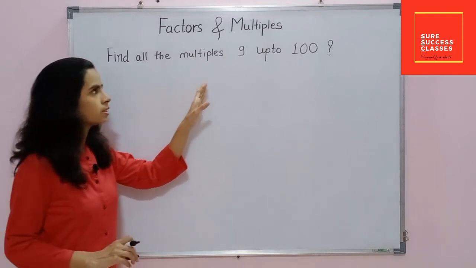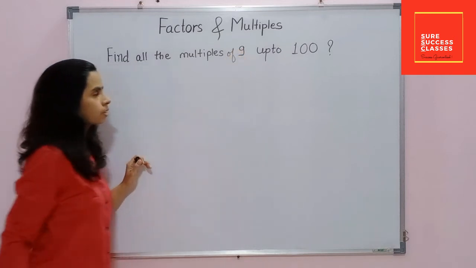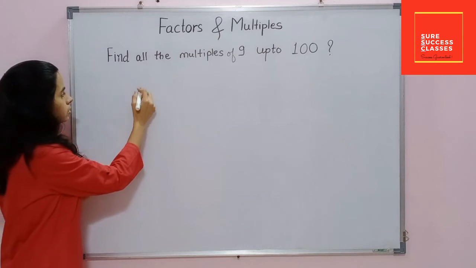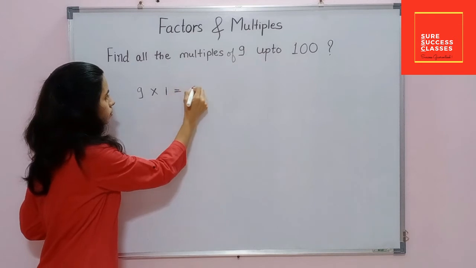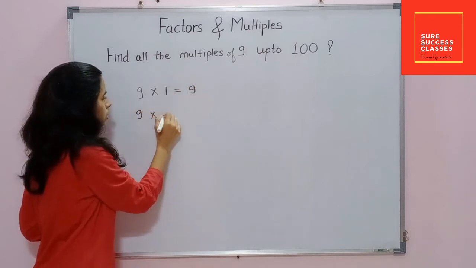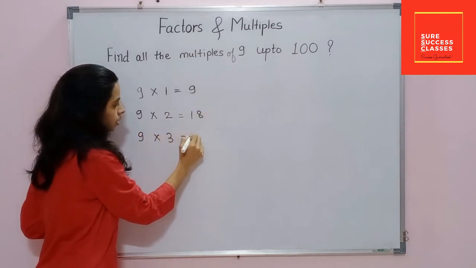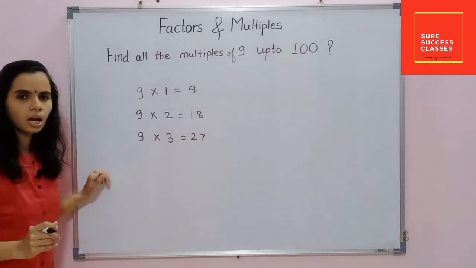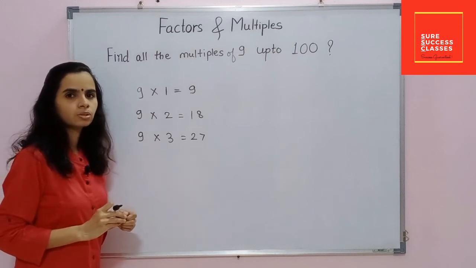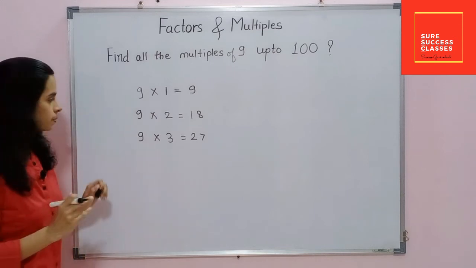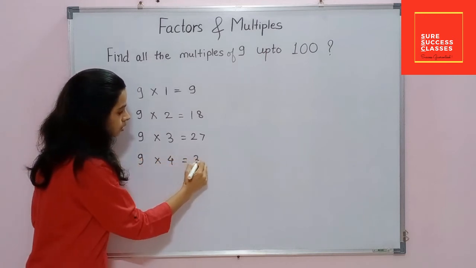Find all the multiples of 9 up to 100. Here we will start with 1. 9 ones are 9, 9 twos are 18, 9 threes are 27. Here I would like to add one thing, that to solve such type of examples you should be perfect in tables. Then 9 into 4, we will get 9 fours are 36,